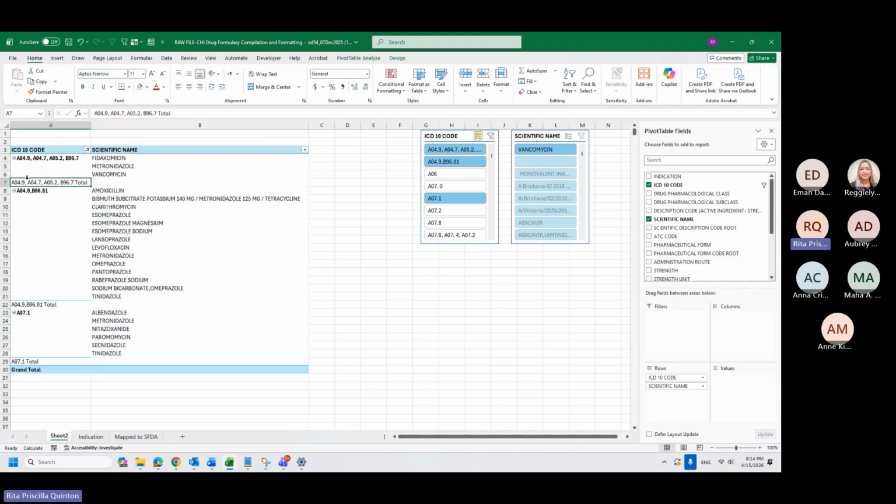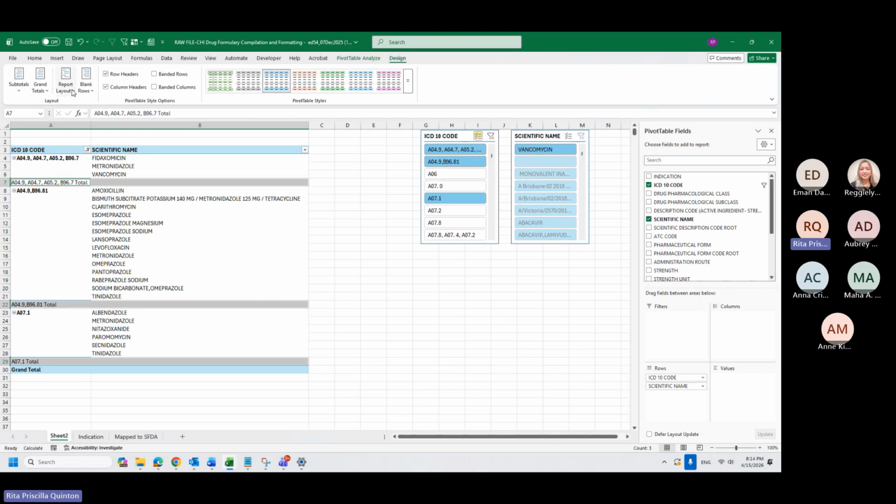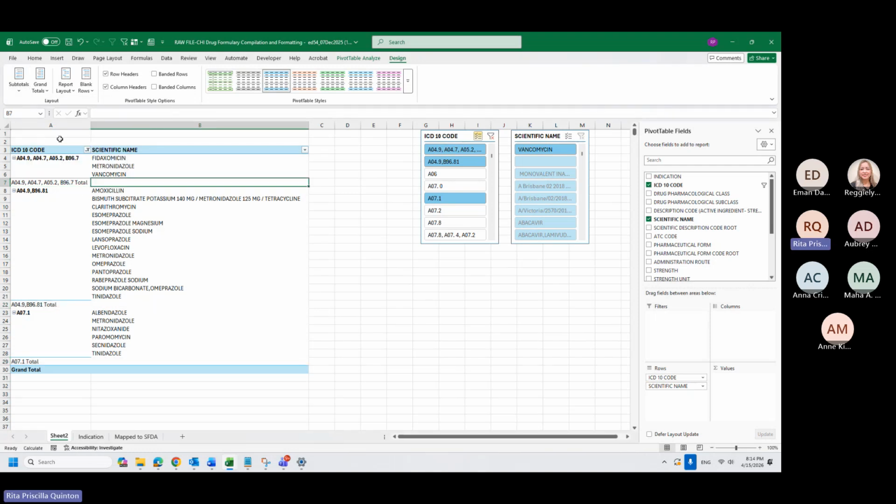Okay, and you can also remove blanks from here, in design. If you want to remove the blanks, we can click here, do not show subtotals.